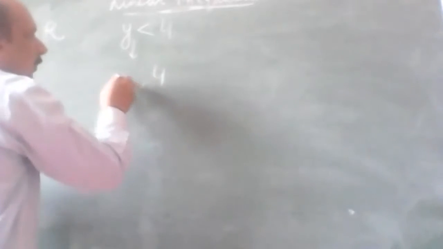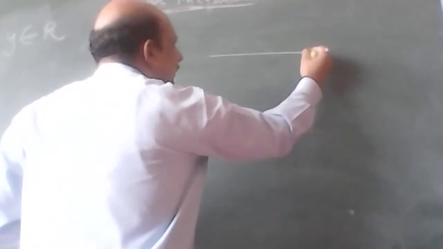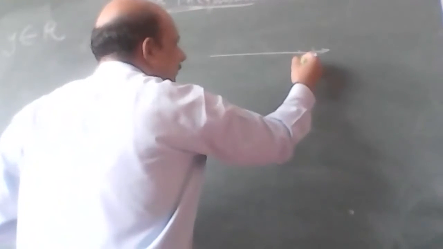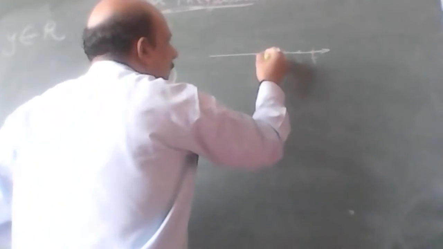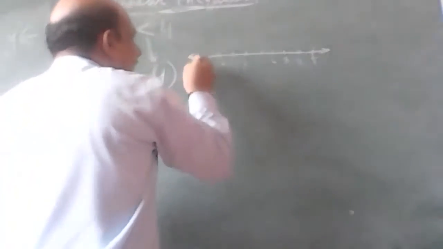If you have to show this on a real number system in interval form, what would the interval be? Y is less than 4. So it goes towards infinity. And being a strict inequality, it would always be an open interval. Y is less than 4, it can be on the negative side, it cannot be on the positive side. How to depict this one? So this would always be 5, 4, 3, 2, 1, 0, minus 1, minus 2, and so on.